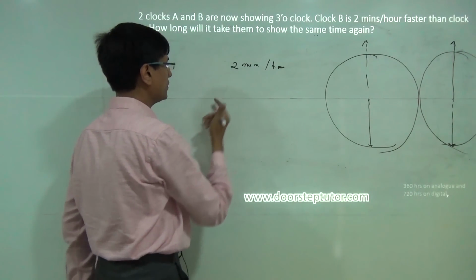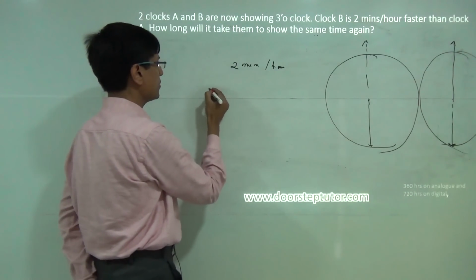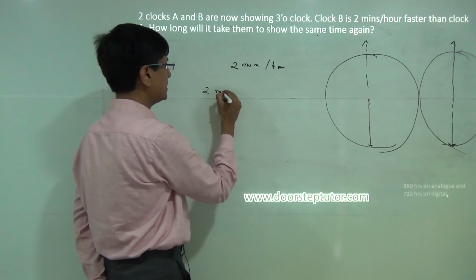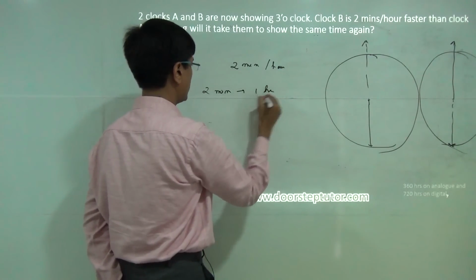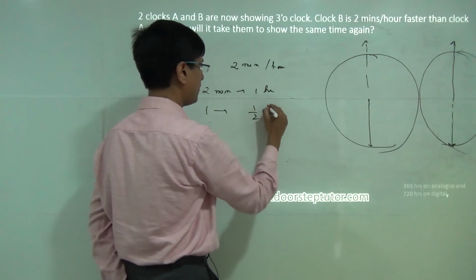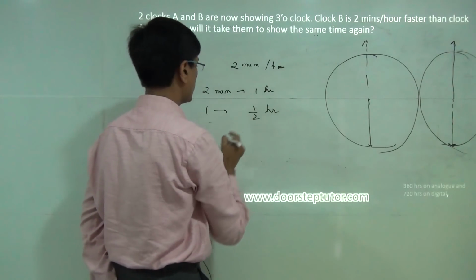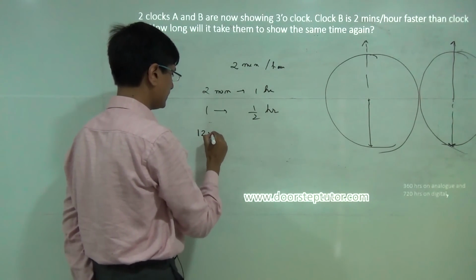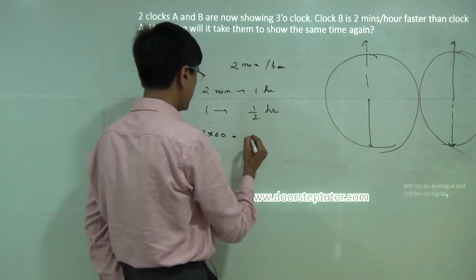Now let's start solving the question. We can solve it very simply using the unitary method. So 2 minutes are gained in 1 hour, 1 minute is gained in half an hour, and therefore a total of 12 hours would be gained in